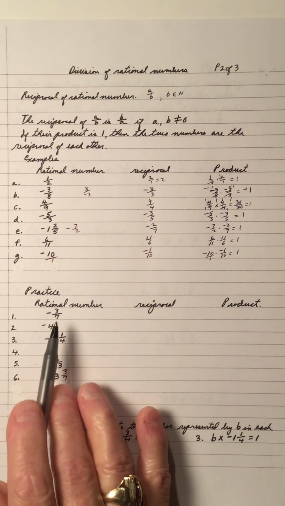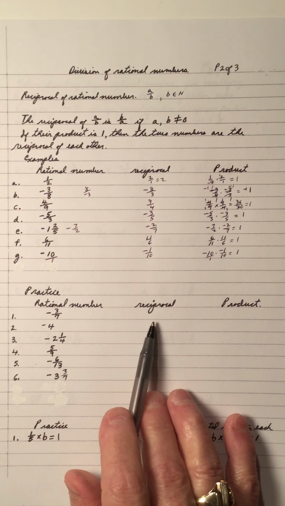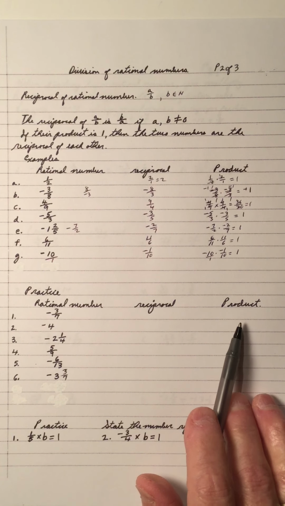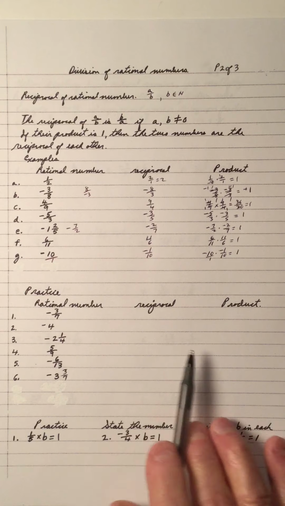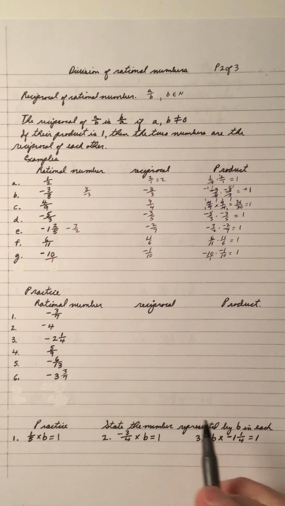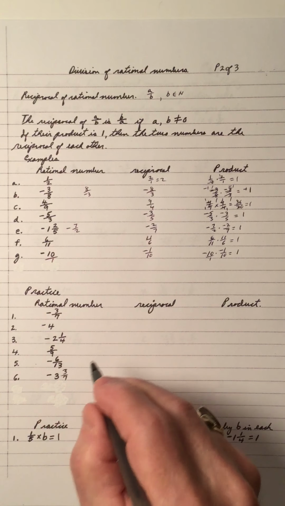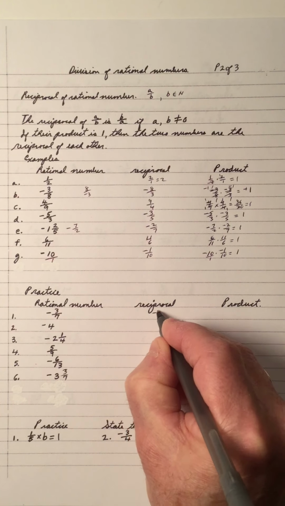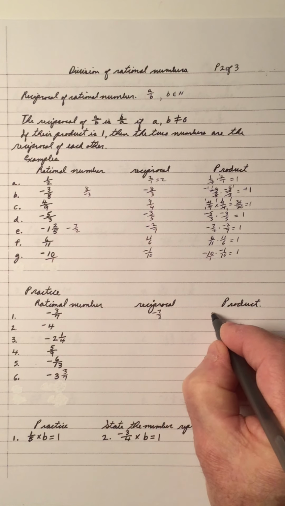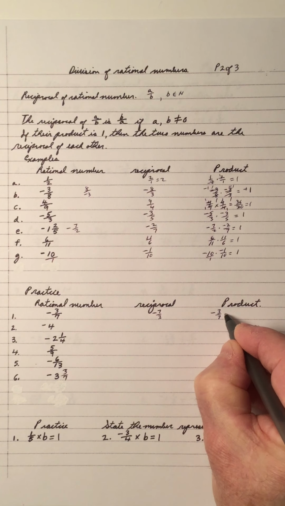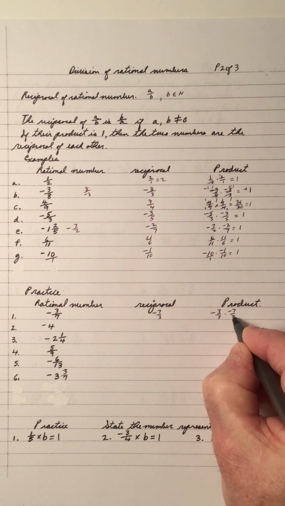Practice. Pause your video, work out the reciprocal, and then do the product, and you'll see that you should get 1. When you multiply a number by its reciprocal, you should get 1. So negative 3 over 7: pause, work it out, come back and get the answers. The reciprocal is negative 7 over 3. So negative 3 over 7 times negative 7 over 3